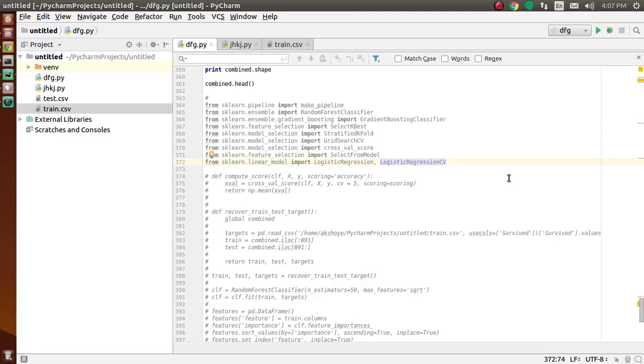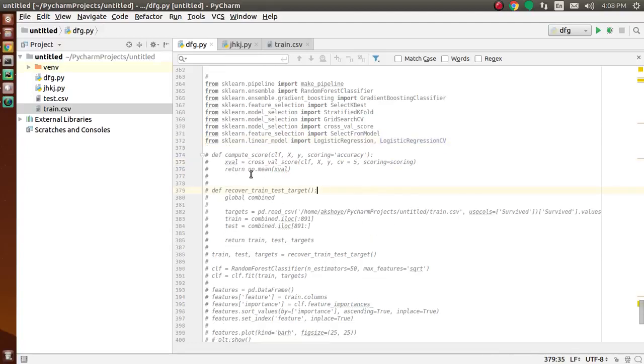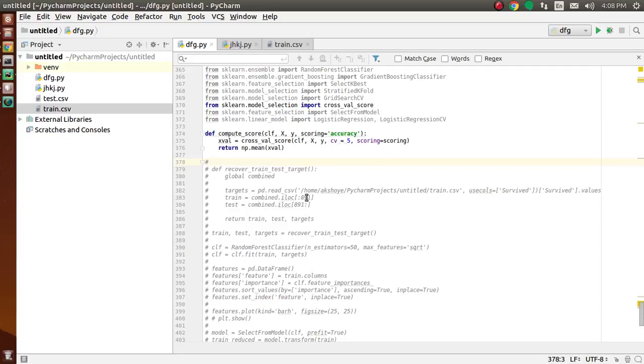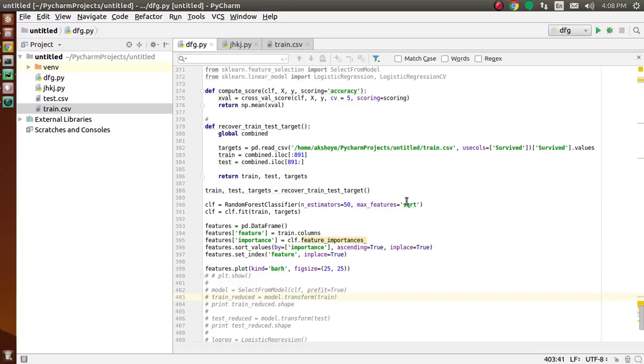Recovering the train set and test set from the combined data set is in here. We compute the score value to calculate the accuracy. We can also see that we have a number of features, like 30 features. This is very large.